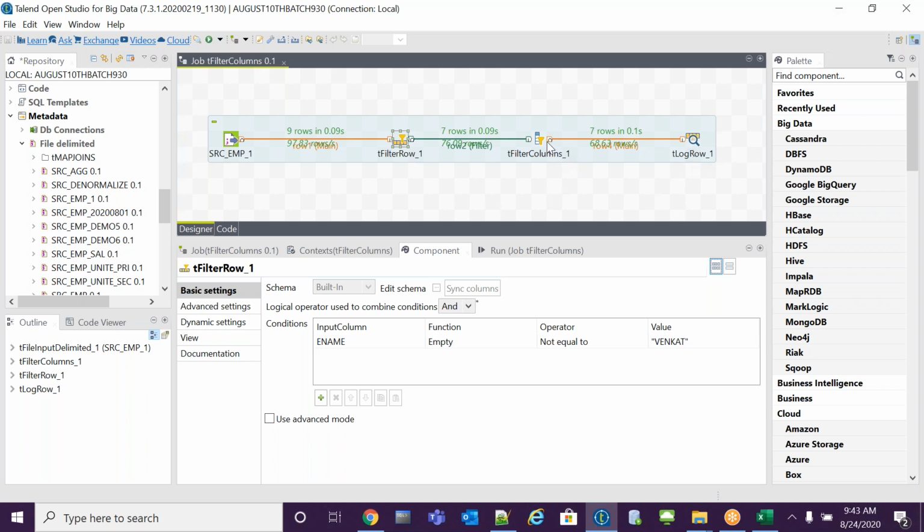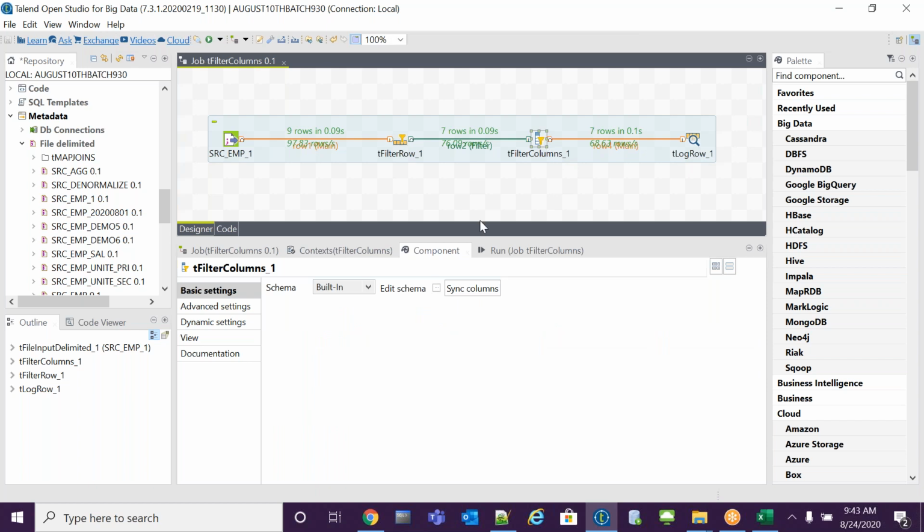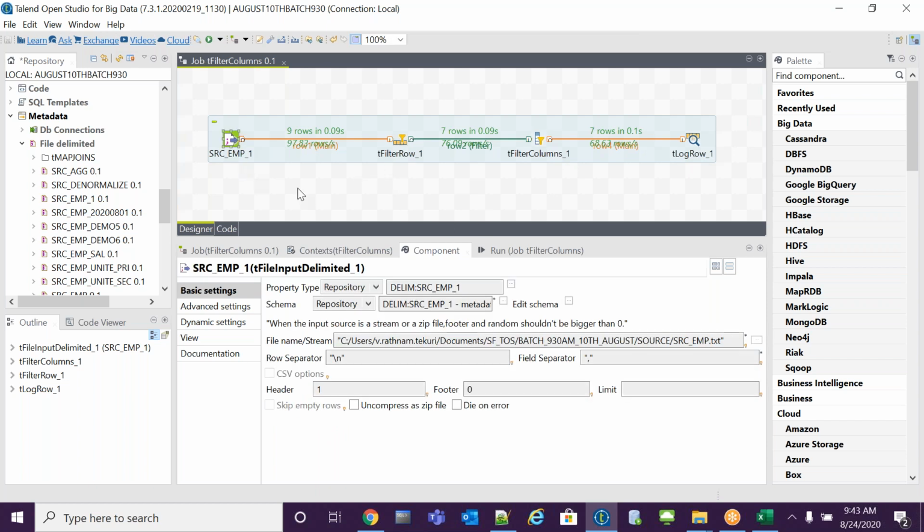The question will come in the interview: why do you need to use tFilterColumns? Suppose I can remove those columns on the source side itself, right? While reading the source itself. Why I need it is, suppose I'm not using that column anywhere in my transformation, then I can remove it directly here. How to remove it?